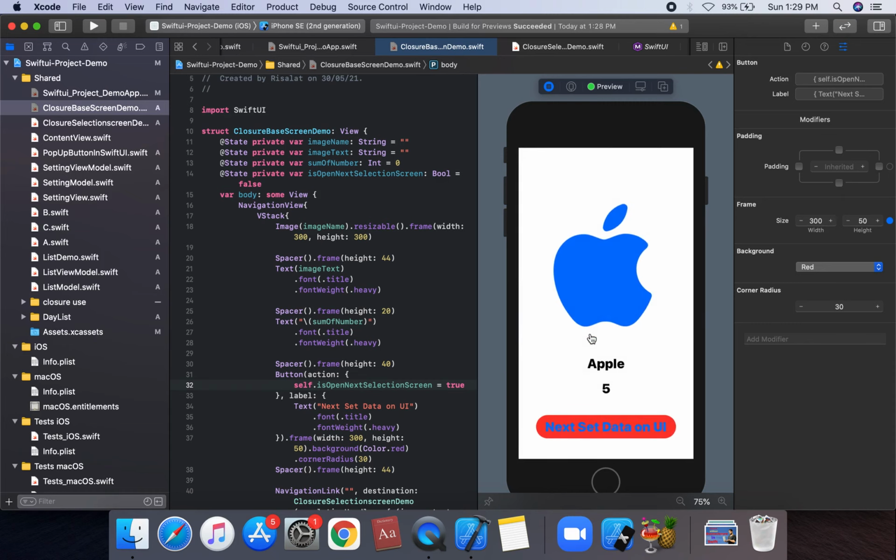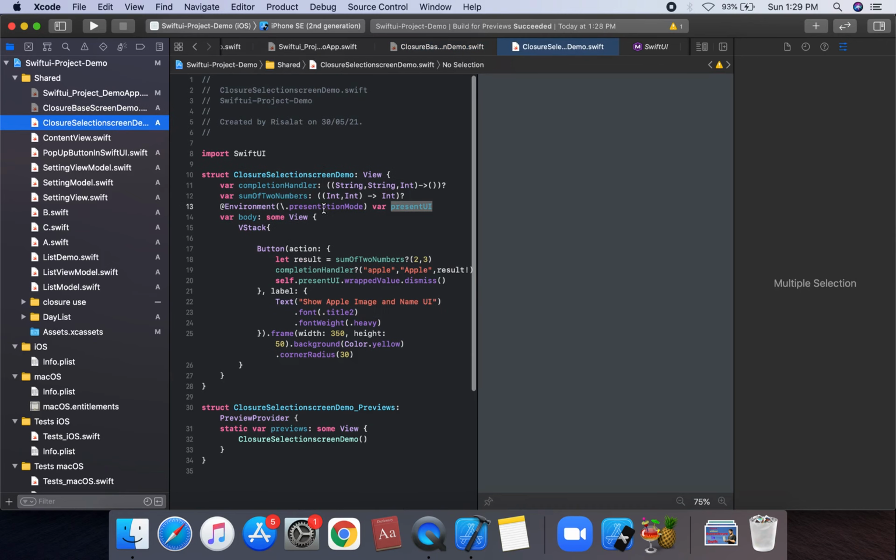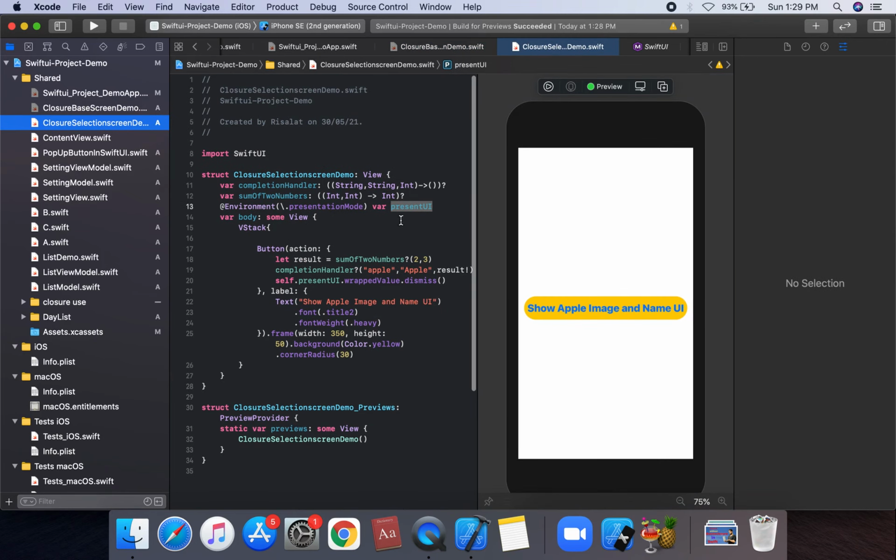This is show apple. We can code the dismiss code. We can use environment presentationMode dismiss. So we can use the dismiss code. So we can run the UI.